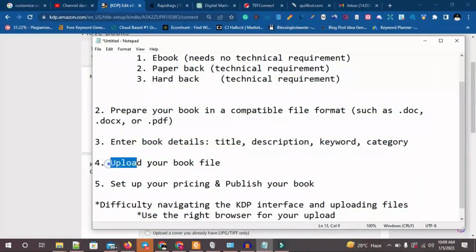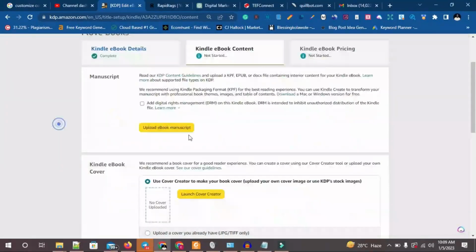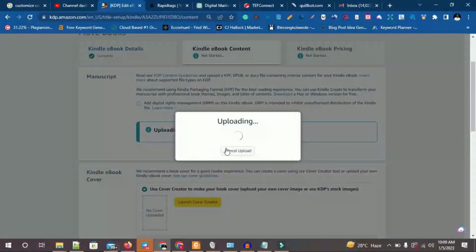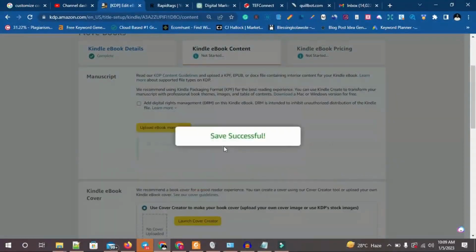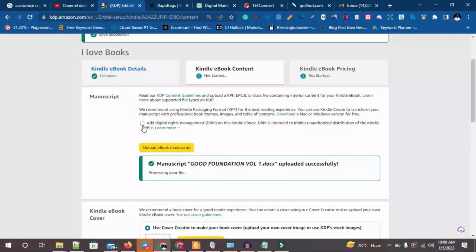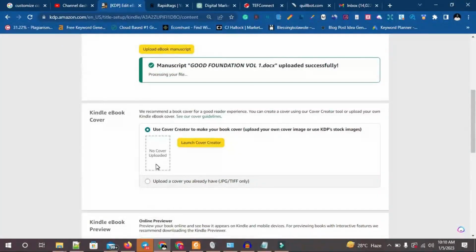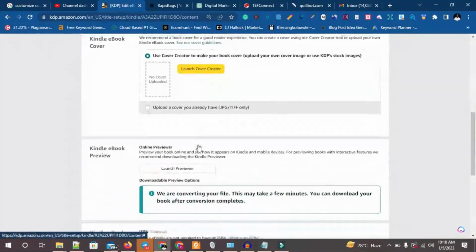Now we're moving on to uploading your book file. Your book file, your cover design, and your manuscript. All right, so you have your manuscript ready. You just upload. Let's look for a dummy text here. I'm just gonna upload that dummy text as my manuscript. All right, so add digital rights. Click on that. All right. Then your book cover,